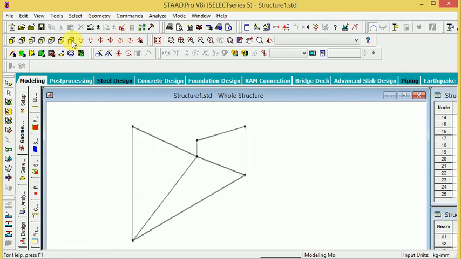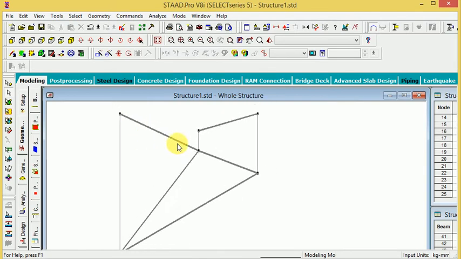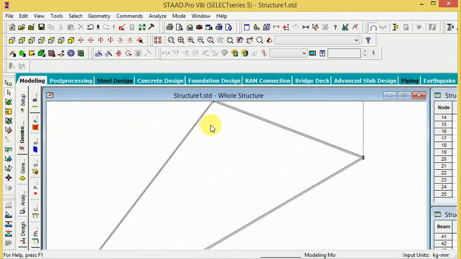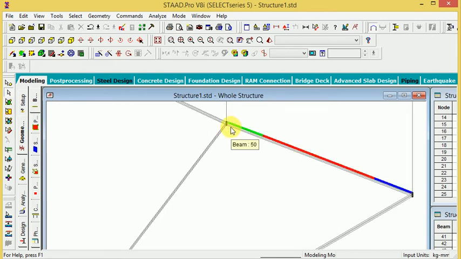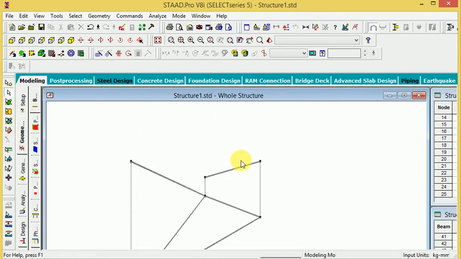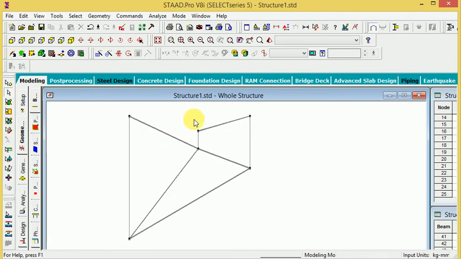So when you check the distance, it is nearest only for here. Look at this, very nearest, and create the pattern.